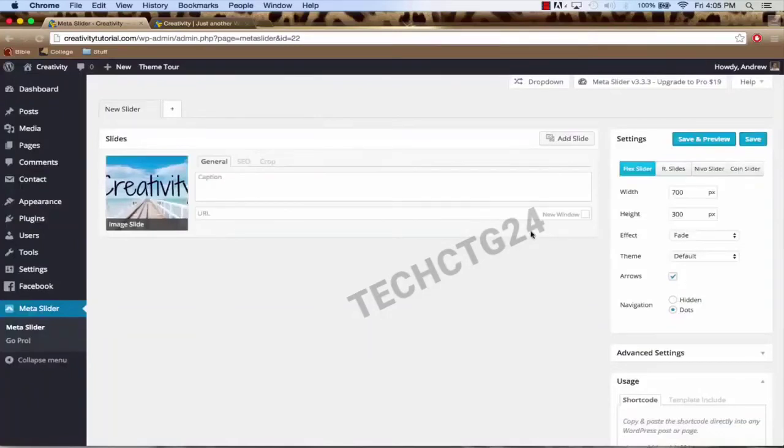After we've done that, over here on the right hand side, we need to make sure that the width is 1080 and the height is 420. Also, right below Fade, Fade is fine, leave that. But theme